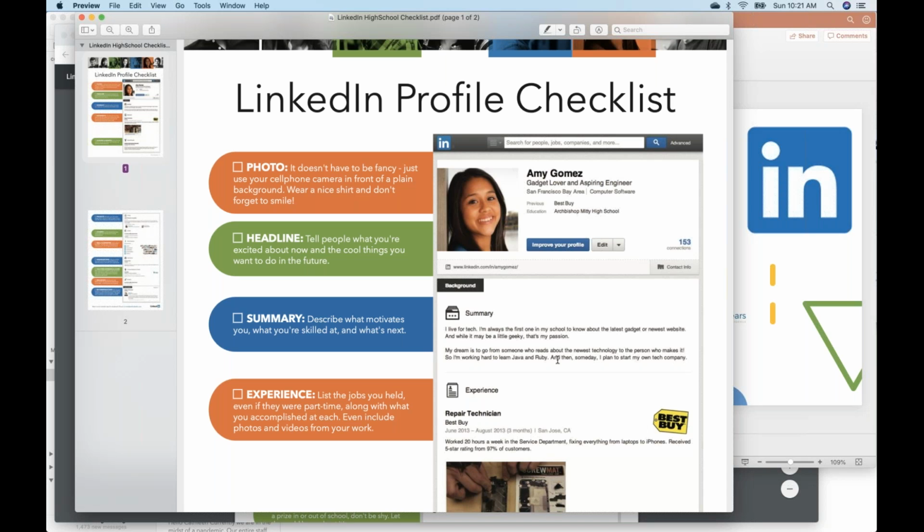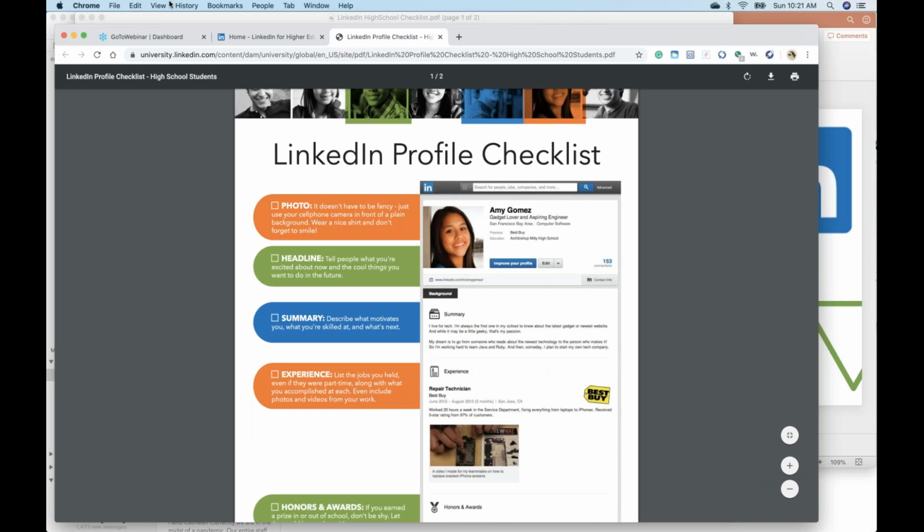But again, when you're thinking about what is appropriate for a LinkedIn profile, think about what you would talk about if you have a job, right? What would be appropriate conversation with your boss or your manager, right? What would be appropriate conversation with a professor at a university? If you have any question about what that is, I would encourage you to ask around, right? Your parents, your teachers, they are all good sounding boards for information like this. All right.